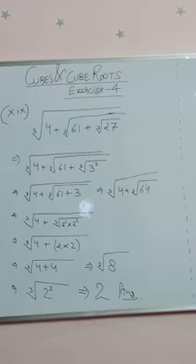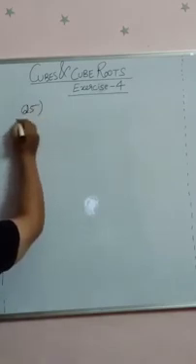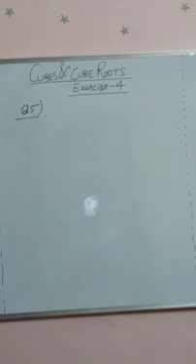Now we continue with question number 5 of exercise 4. In question number 5, please see it in your book, they are saying find the least number by which each of the following numbers should be multiplied to make it a perfect cube. Also find the cube root of the product in each case. So let us pick up the third part of it.